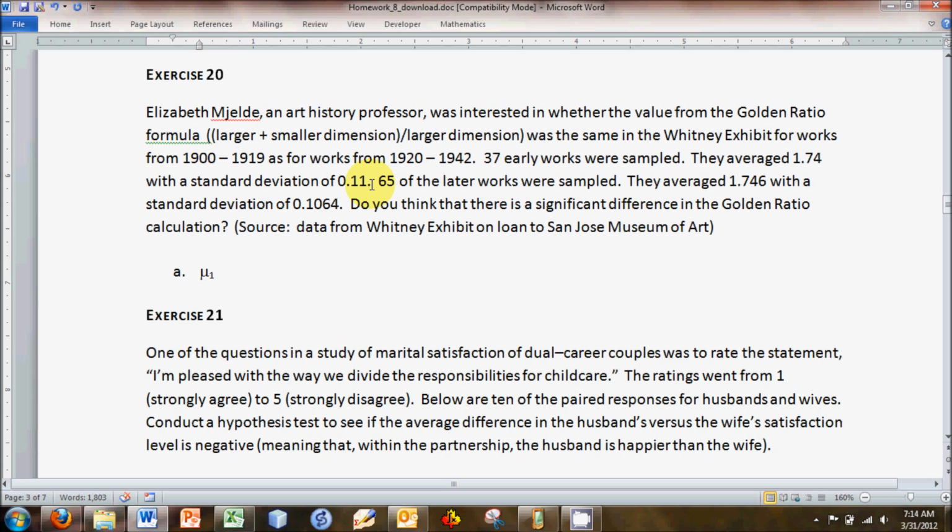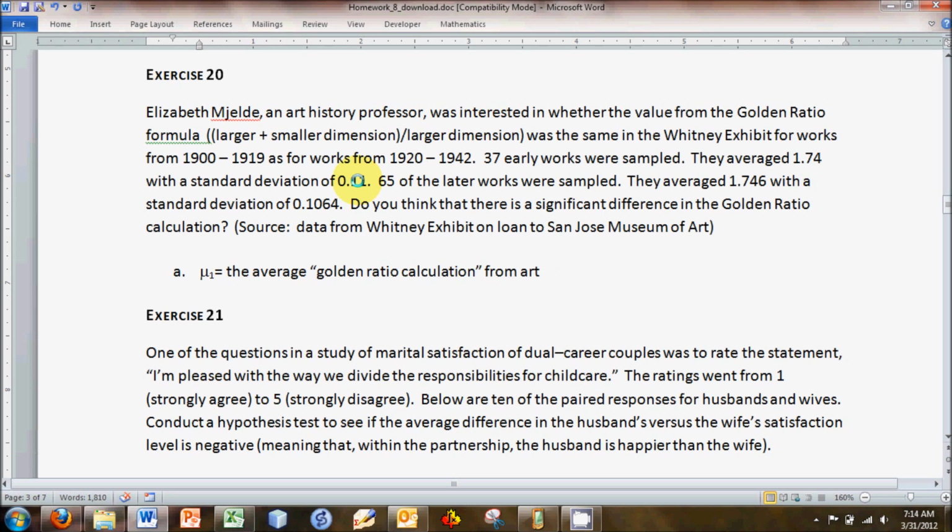The first one I'm going to call mu1. Mu1 is the average golden ratio, I'm going to put this in quotes, the average golden ratio calculation from